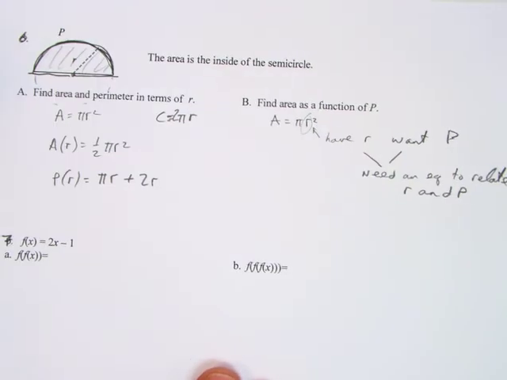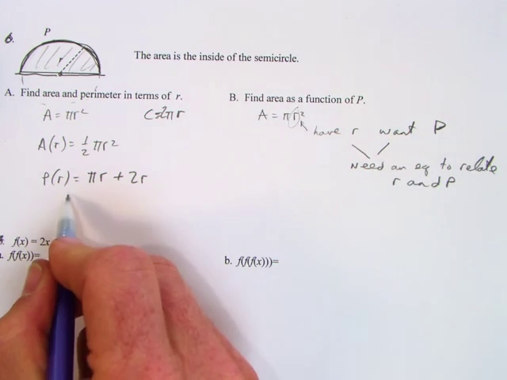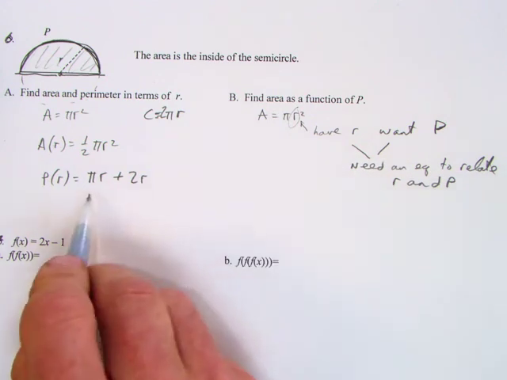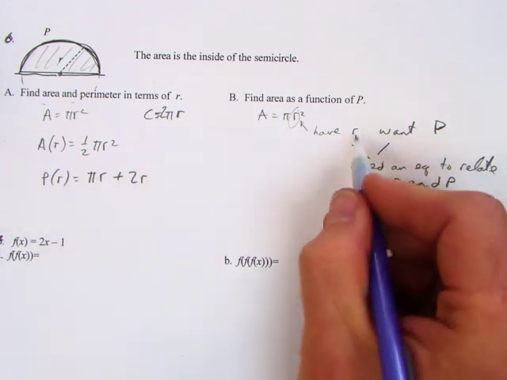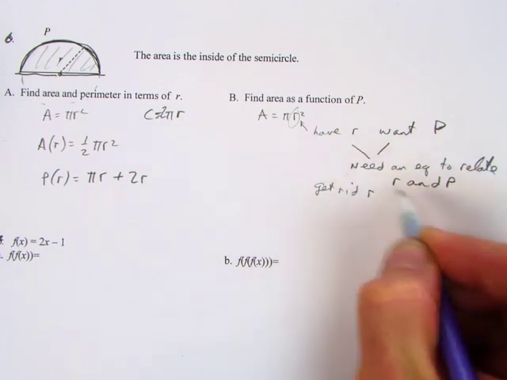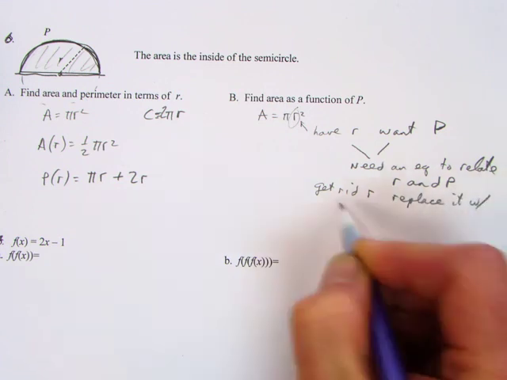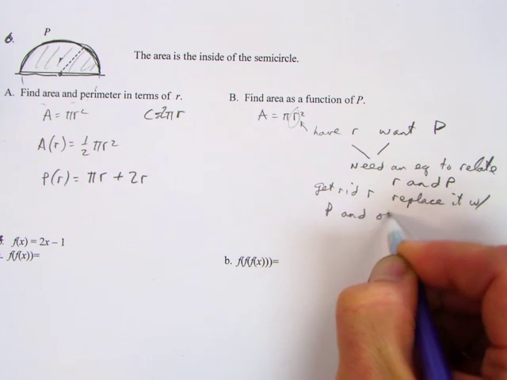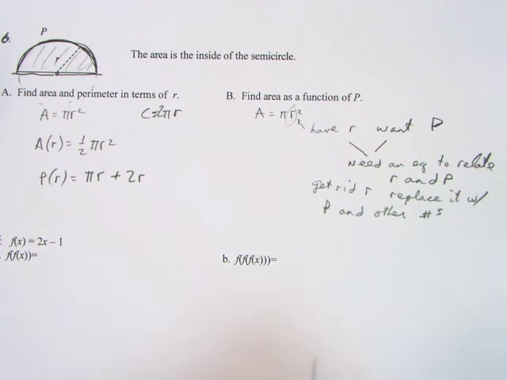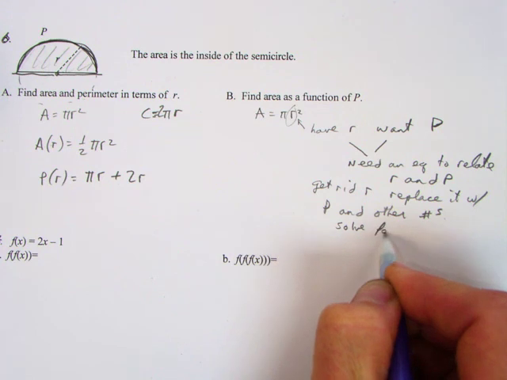Well, yes we do. We have it right here. So what does that mean? That means we have this equation. We want to get rid of r and replace it with p and other numbers, whatever they may be. So in other words, what this is telling us, we need to solve for r